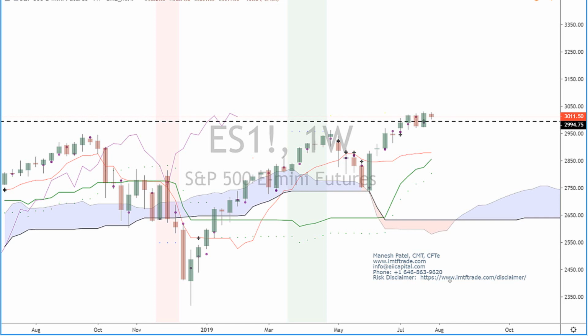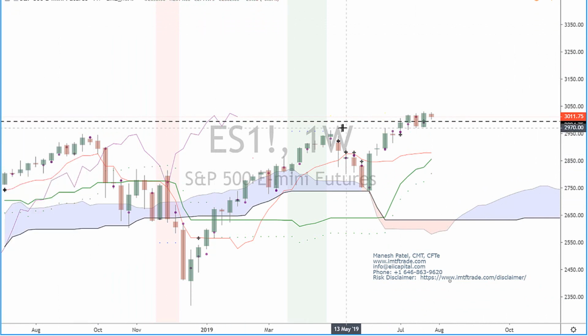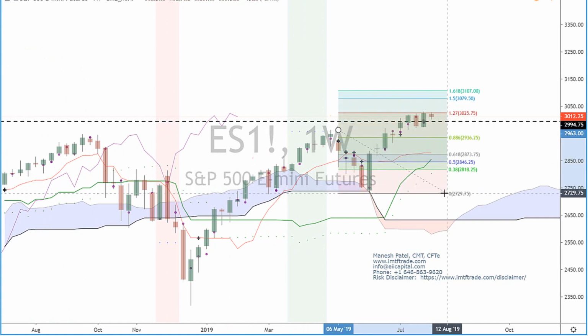As you guys can see, we're making all-time highs here. So really we have no history to base our support and resistance on. The only thing you really can do is look at Fibonacci levels, and that's pretty much what we're going to do here. We'll keep it simple, from the top there, and then go to the bottom here. And you could see we're already at one critical Fibonacci level right there,